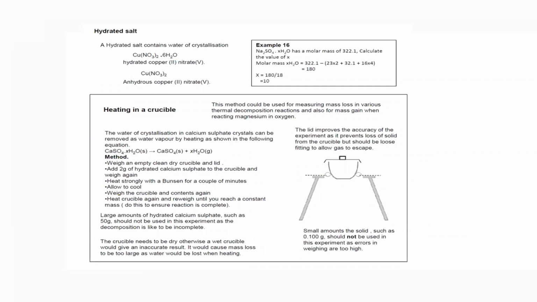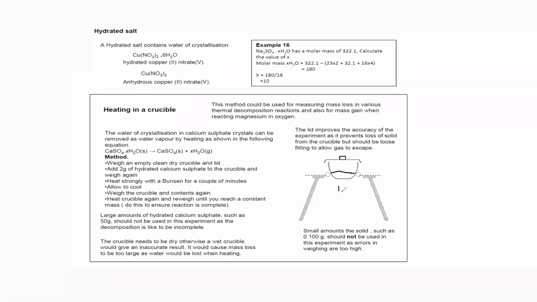Then for hydrated salt, the term hydrated salt means the salts which contain water of crystallization. We call them hydrated salts. So using a heating method, heating in a crucible, we can find the number of waters of crystallization, or how many water molecules there are. For example, copper nitrate contains 6 water molecules. How can we identify this? A simple technique is used. First, we place the hydrated salt in a crucible